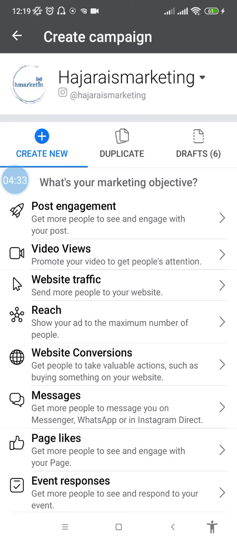Then if you want to get page likes, why do you want to get page likes? It's just to further increase the credibility of your page. So usually, even though it's not really a metric to consider to determine whether or not your page is successful,